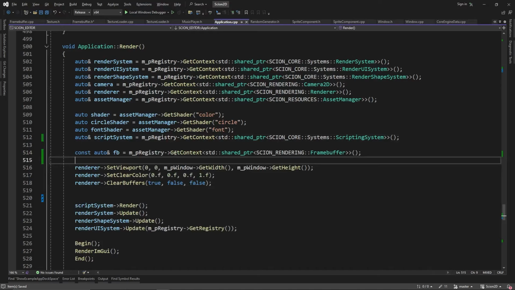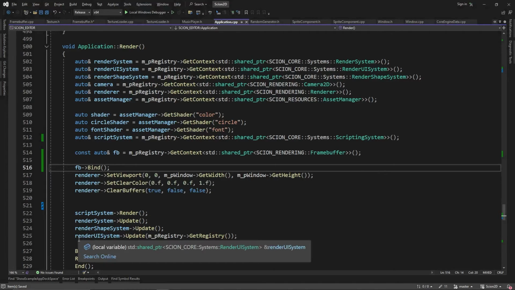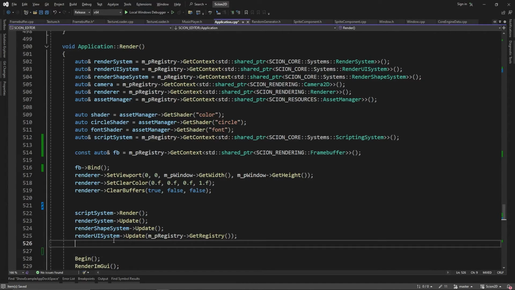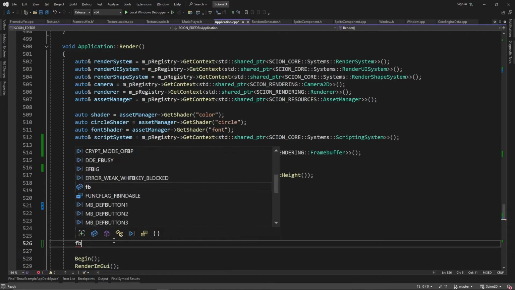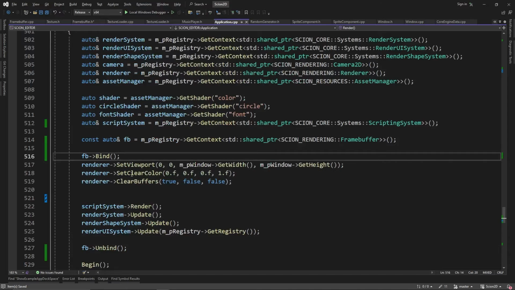Okay, and now that we have our frame buffer, we want to actually bind it right now. So we go FB bind. We're binding our frame buffer. Now everything that happens in here is going to be done through the frame buffer texture. Okay, so down here we can go FB unbind. Cool. So now that we're binding our frame buffer, the viewport, all of these things here are happening inside